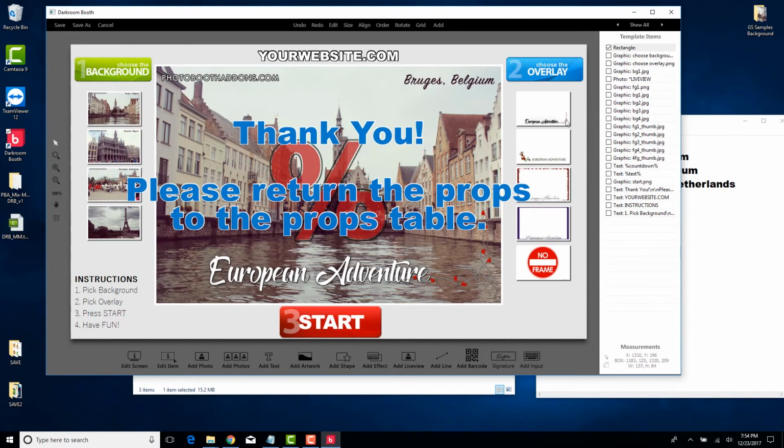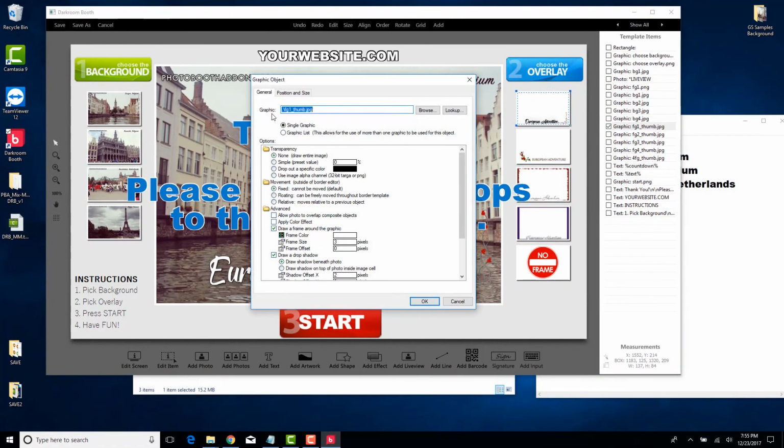So the overlay images are here, and let me go and select all of them, and all those 5 thumbnails. So I'm going to open up the first one. And this one here, I did not use the same image that I used for the overlay image on the live view, because it's a PNG file, and with the PNG file and you have transparency, it's going to look like a black background here with the frame. So I prefer something that's white, and then I can see a little bit of what the frame looks like. So I created a JPEG